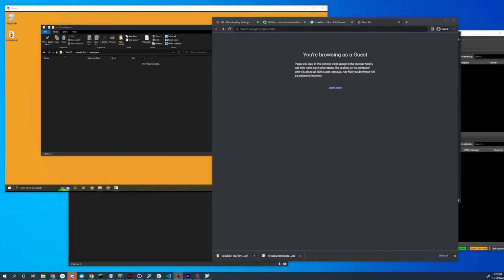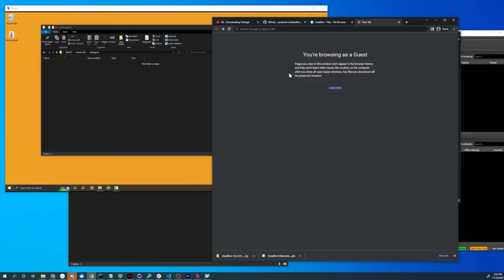So up until this point, we have just been using Deadline on a single computer, which might be useful, but that's probably not why you want to use Deadline. You want to use Deadline to create your own render farm. So we are going to go through the steps of installing it on another computer and getting some distributed rendering